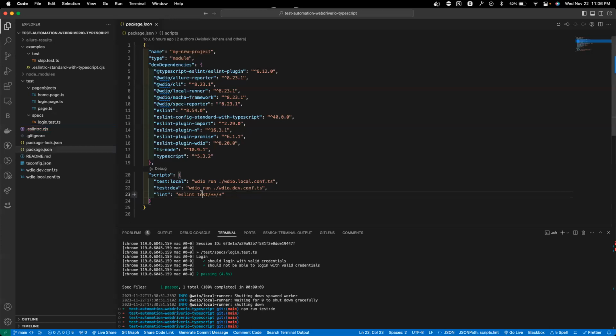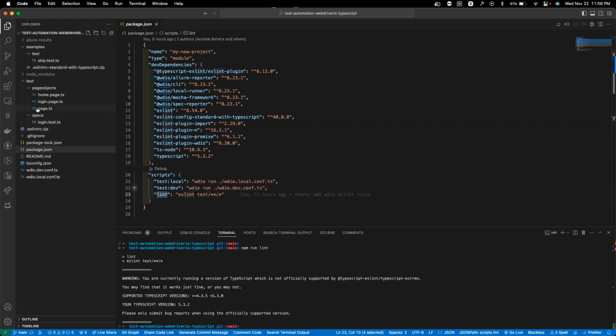So what I have done is I have given test and then all the files. Inside test, whatever TS files are there, you should check for the linting. Okay, so simple. It's a very easy-to-use command. So I don't have to now give a name of the file directory every time I want to check for lints. I simply have an alias, just like I explained about this. Now for linting, what I generally have to do is npm run lint. That's it. It will simply execute this command,